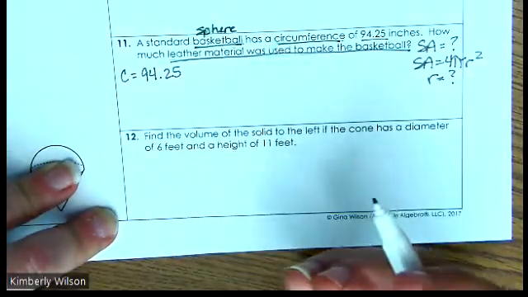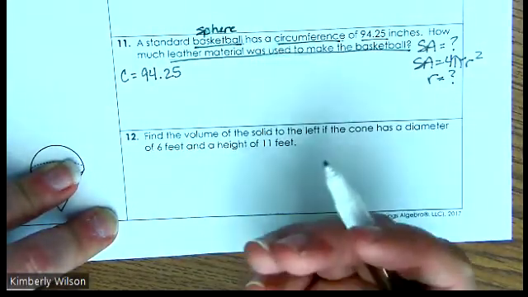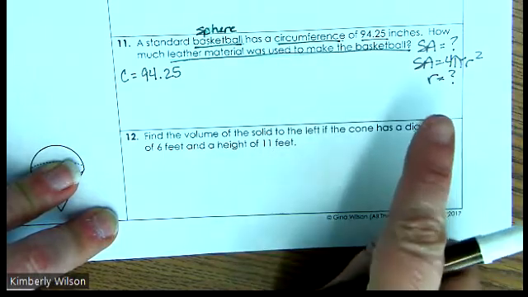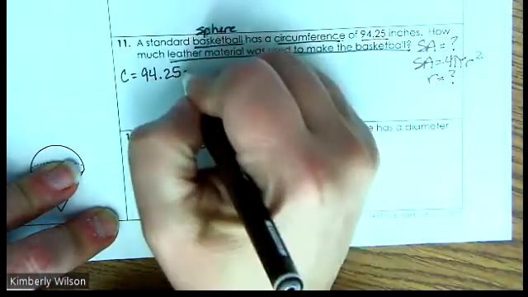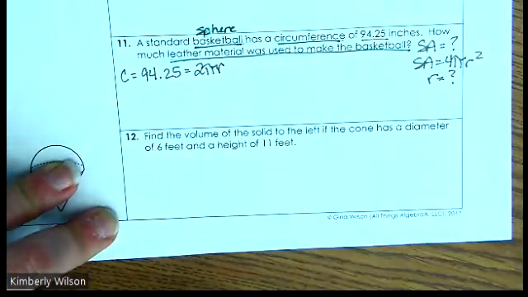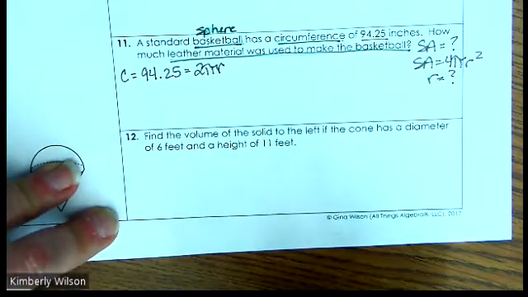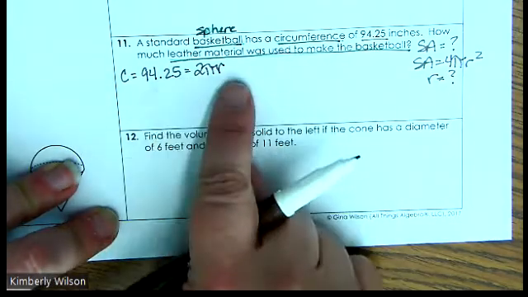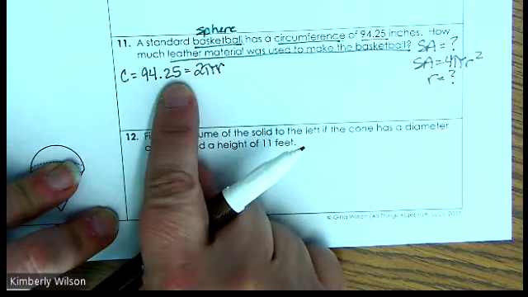But I do know that a circumference formula does have a radius, r, in it. So I can say this is equal to 2 pi r. This is all looking at that formula chart and seeing what information am I given on there. I know the circumference formula. I know what the circumference is. So now I can solve